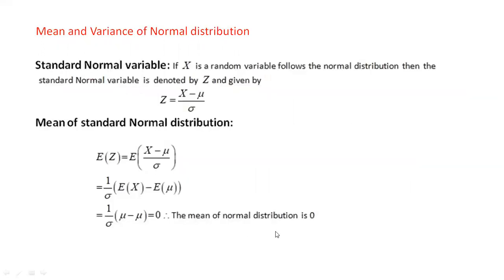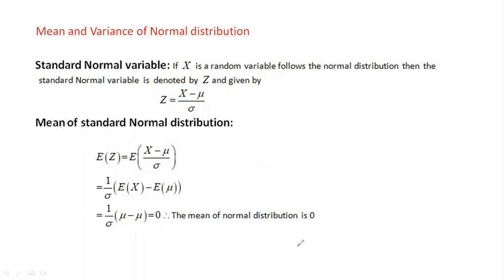So here is the mean and variance proof for the normal distribution. Here we take the standard normal variate z equals x minus mu by sigma. We calculate the mean for this z value. So E of z is equal to the expectation of x minus mu by sigma. 1 by sigma is a constant, so we keep it out. Expectation of x minus mu is equal to expectation of x minus expectation of mu. Mu is a constant, so expectation of mu is again mu. Expectation of x is the expectation of the random variable x, which we call mu. So mu minus mu is equal to 0, and 0 into something is 0. So the normal distribution mean is 0.